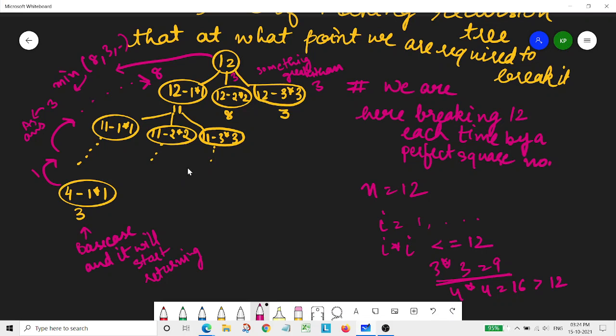After completing this tree, take the first option where we were using just 1. When it reaches the base case, I have taken 3 as part of the base case only, it will start returning, and each time it will return 1 as the count of the square numbers we are getting, here it is 1 square number, and so on until it reaches the top where it will return 8, meaning we have covered a total of 8 square numbers in this particular option.